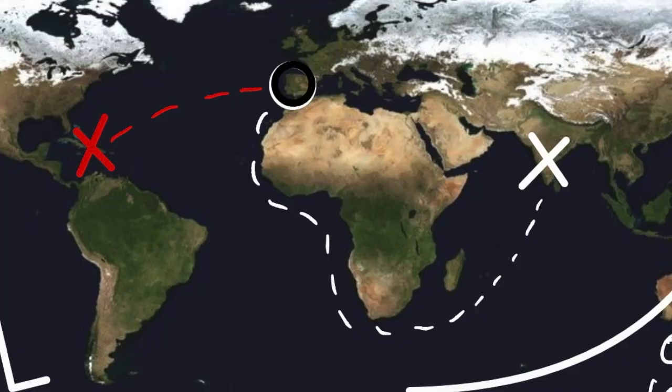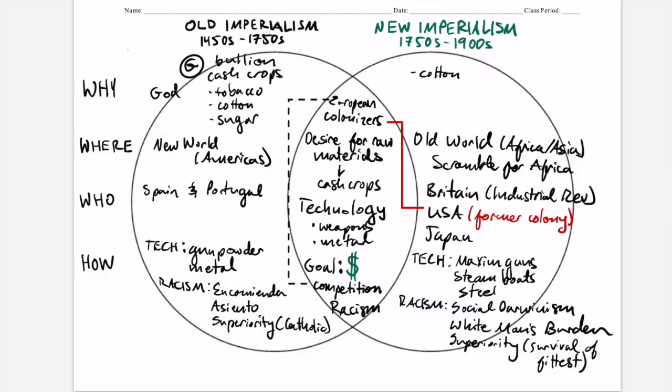Spain hires Columbus to sail west, and instead of landing in India or in China, he ends up landing in the New World, which had previously, other than the Vikings, had not had contact with the Old World. Now remember that the motivations behind old imperialism were the 3 G's: God, gold, and glory. So we're going to see the spread of Catholicism, we're going to see the desire for wealth, and of course the conquistadors and the empires are going to want to gain glory for themselves and to get their own golden age. So they went to Asia for spices, but then through happenstance came across the New World.